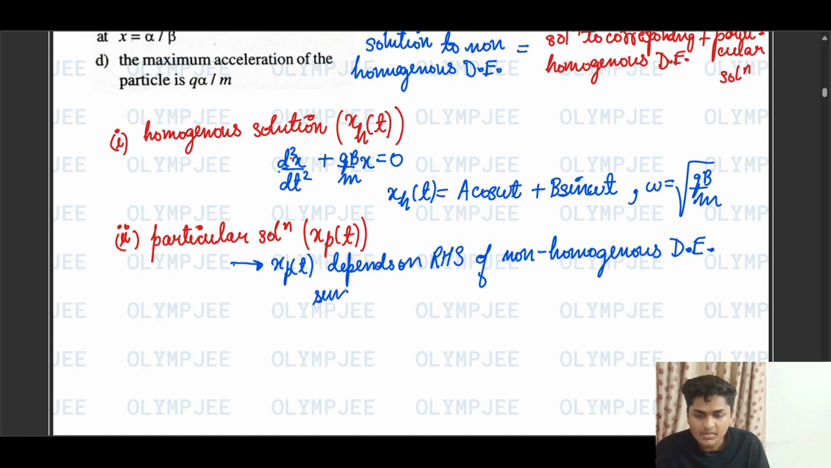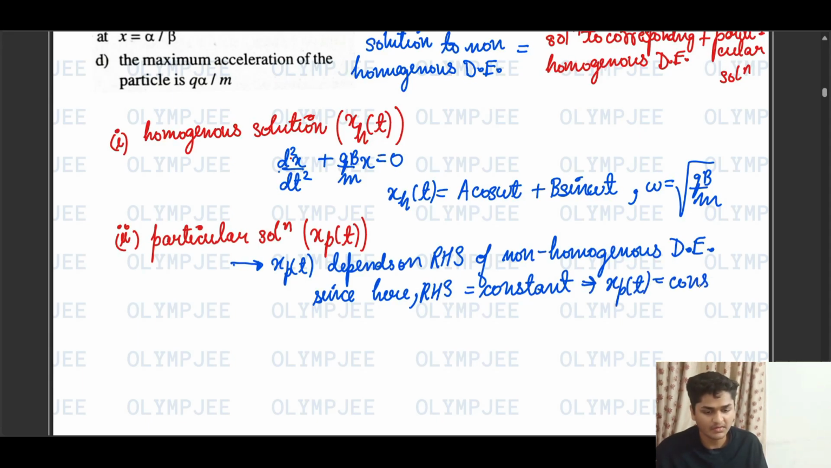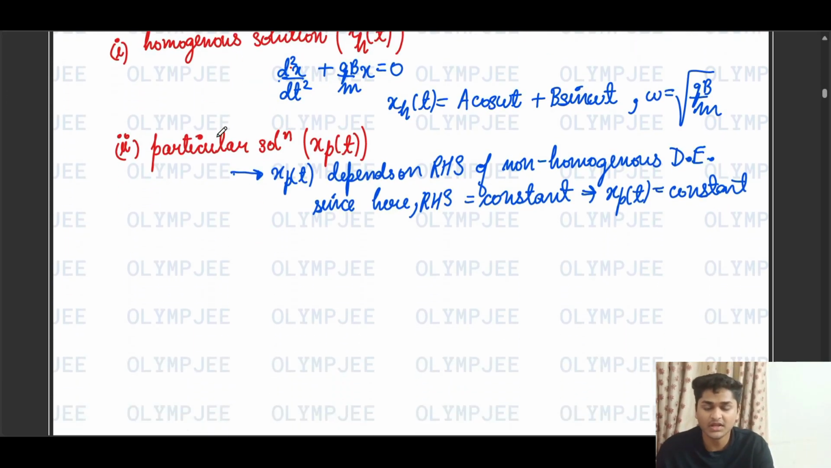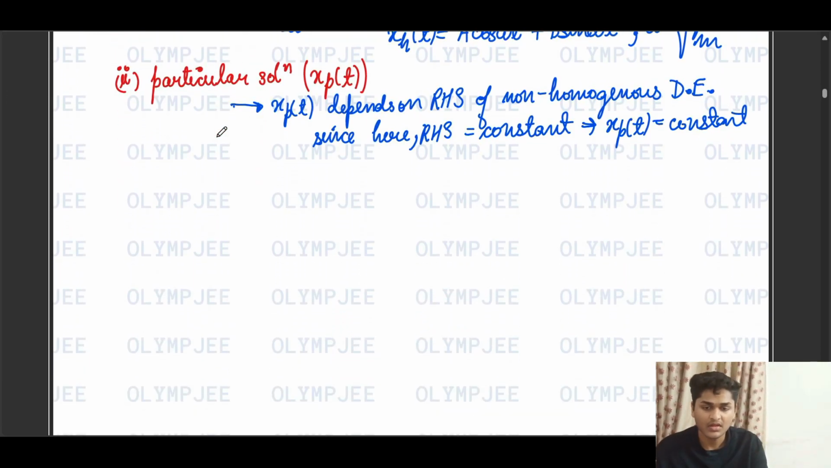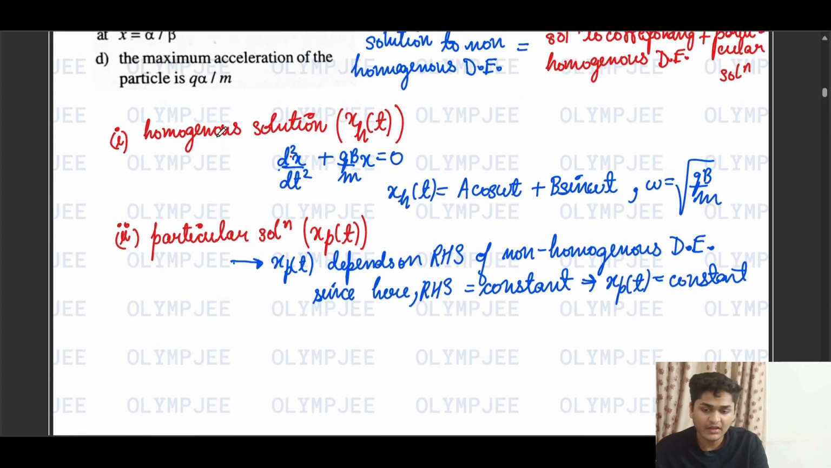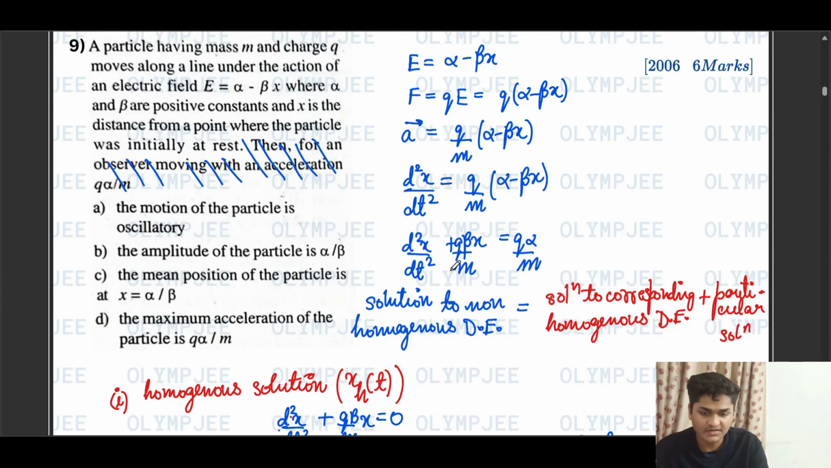Since here the RHS is a constant, so this implies that the particular solution is also constant. This we have to remember. Okay, always when the RHS is a constant, then the particular solution will also be a constant. So putting the xp in the original equation, we will get